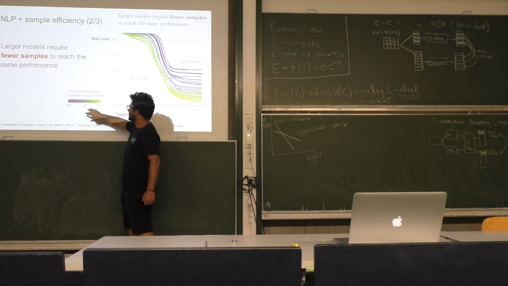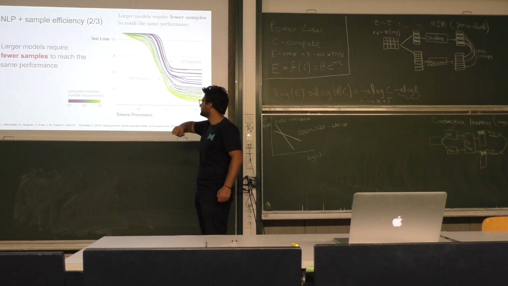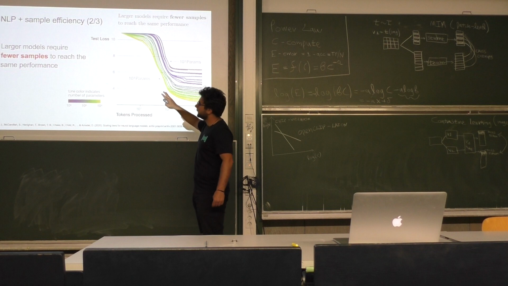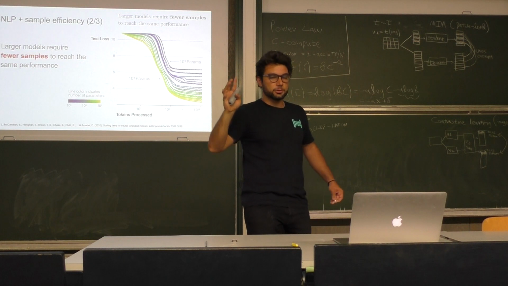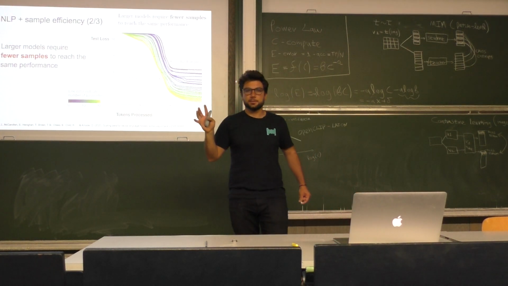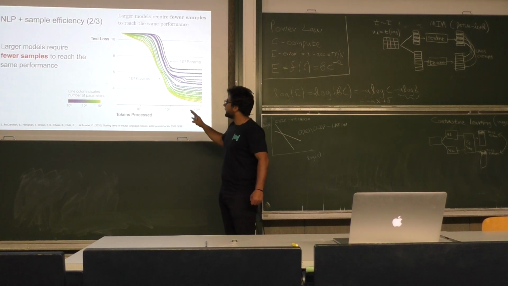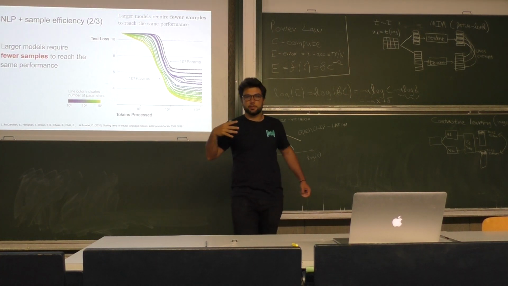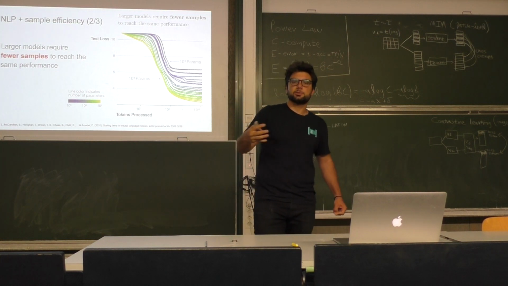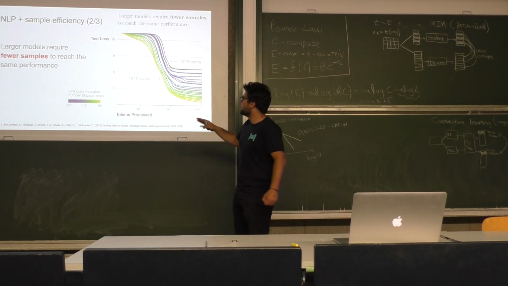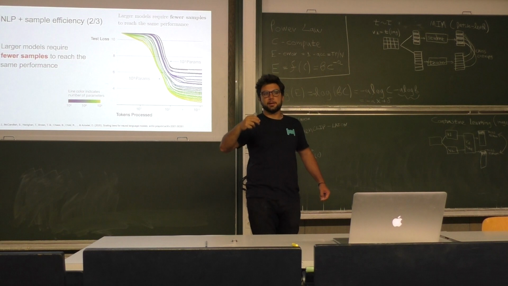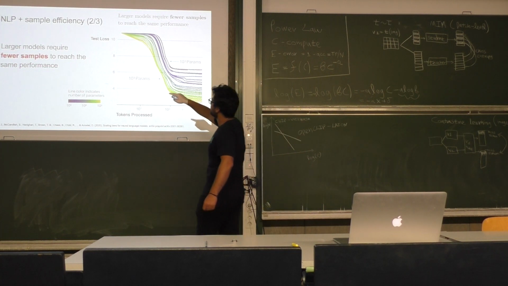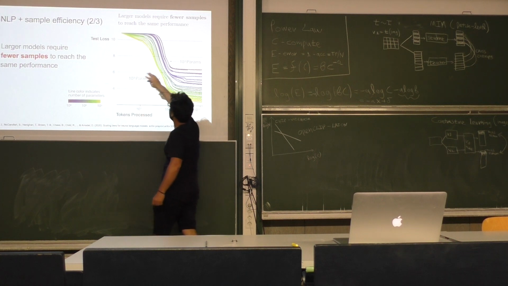And the color indicates, the more yellowish the color, the more parameters the model has. And this is really counterintuitive to what was believed in the literature, in the scientific community, in the last 10 years. So everybody believed that a smaller model is more efficient because it's easier to train. But in fact, in the last years we found out that larger models tend to be more sample efficient, as we say. So if you follow the more yellow line, which is the bigger model compared to the blue line,